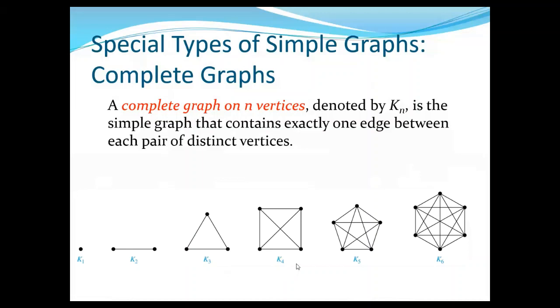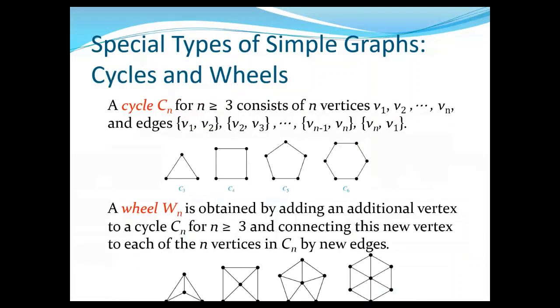And for four vertices, they are all connected. So this is considered a complete graph. Same as with this and this example. So again, complete graph means all vertices are connected with each other. And we also have the cycle C_n and the wheel W_n. So n means the number of vertices. This is considered a cycle if the number of vertices is greater than or equal to 3